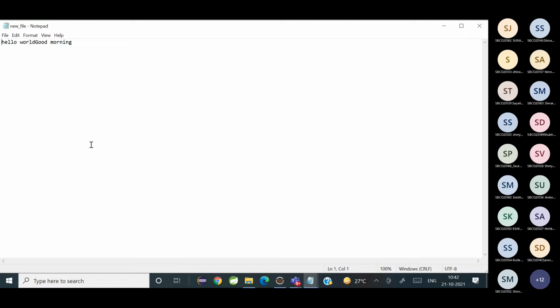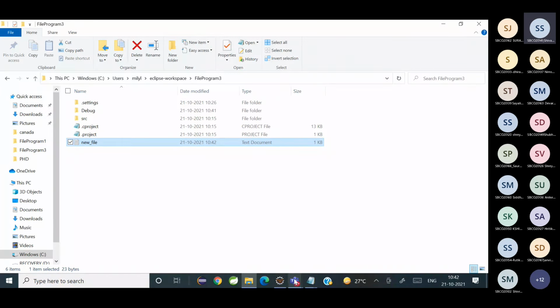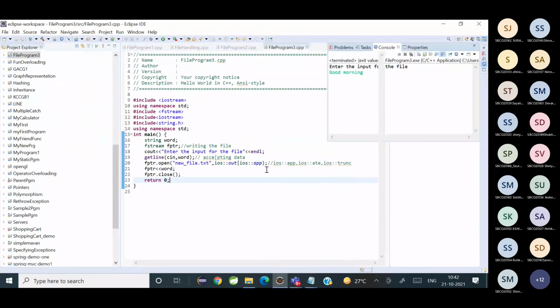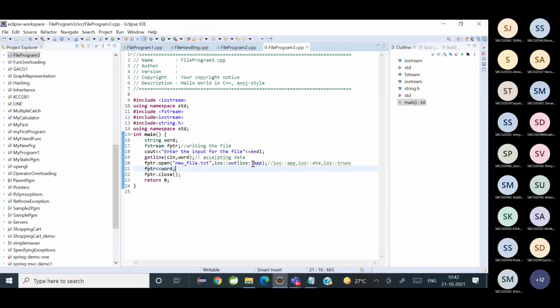Is it clear? Yes, ma'am. So this is the way. If you want to use multiple modes together, you will use a pipe symbol as a separator, which tells you these are the different modes you want to open the file in.